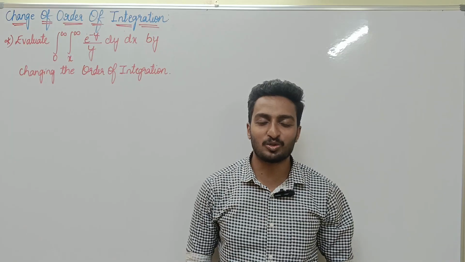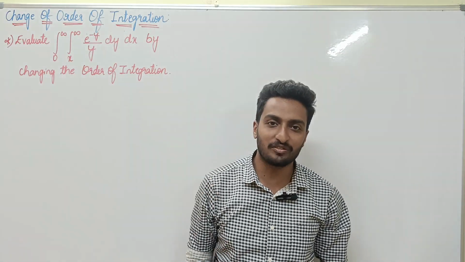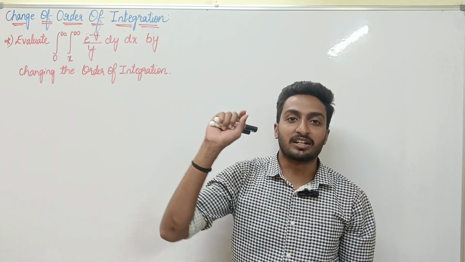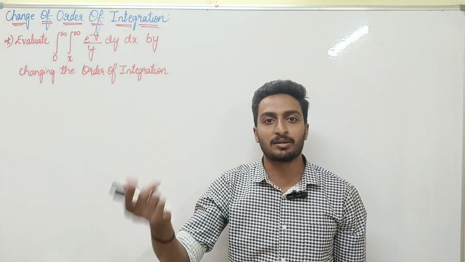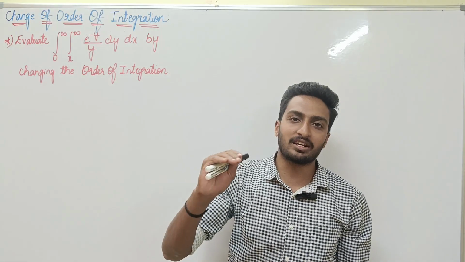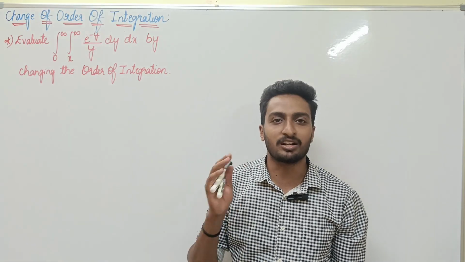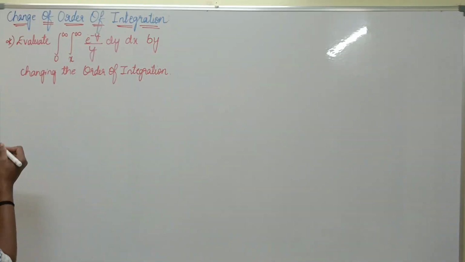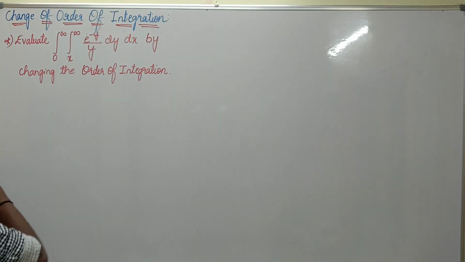Today, let us learn how to solve the problem on changing the order of integration. First, let us represent the given integral, define the limit points, change the limit points, and integrate with respect to the given variable, dy and dx, or dx and dy. First, let us represent the given integral. That is